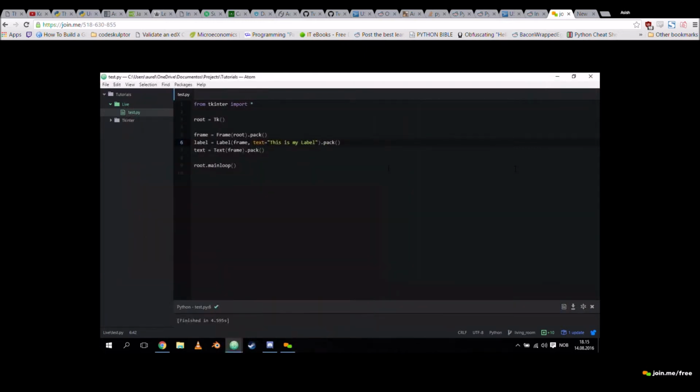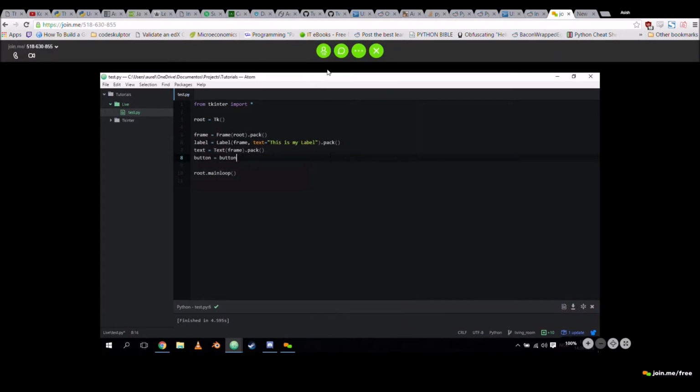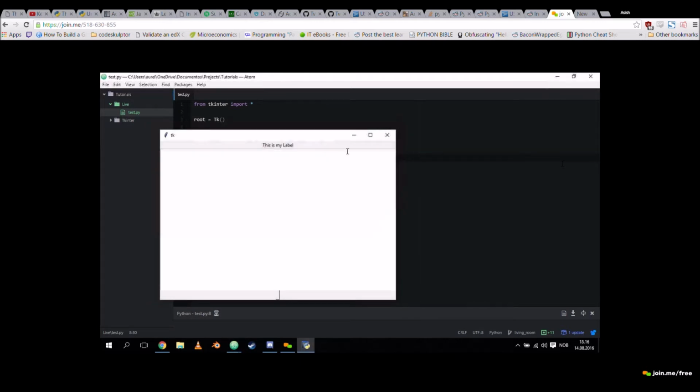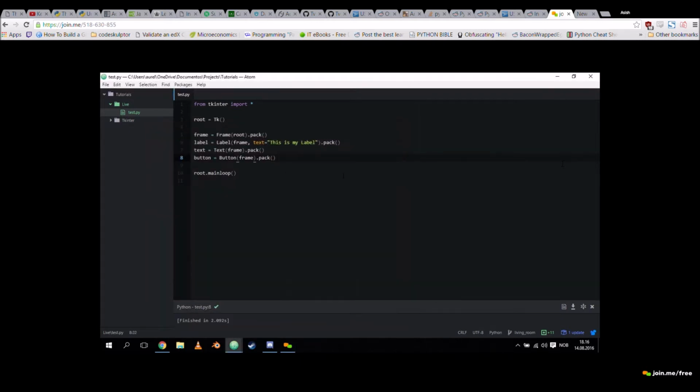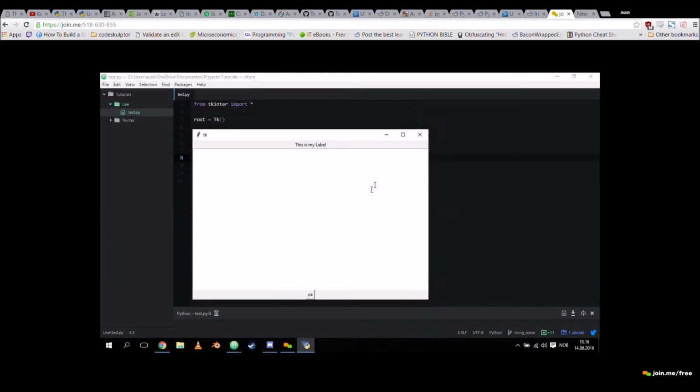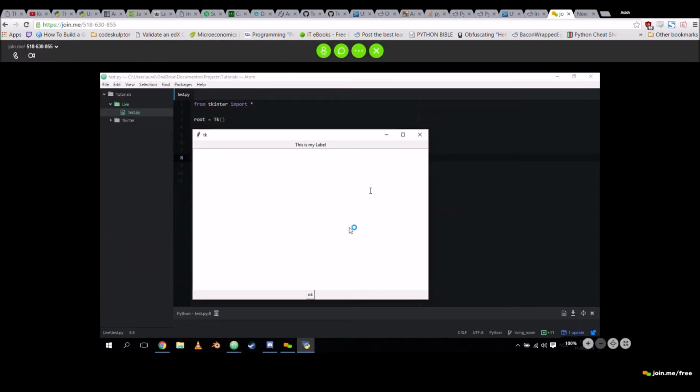Oh. So let's add a button. Is it possible to have multiple windows? Yes. And is it possible to communicate between windows? Oh yeah, absolutely. Let's make it an OK button. What does that pack method do? It's a package manager. I'm going to talk about the pack manager at length.